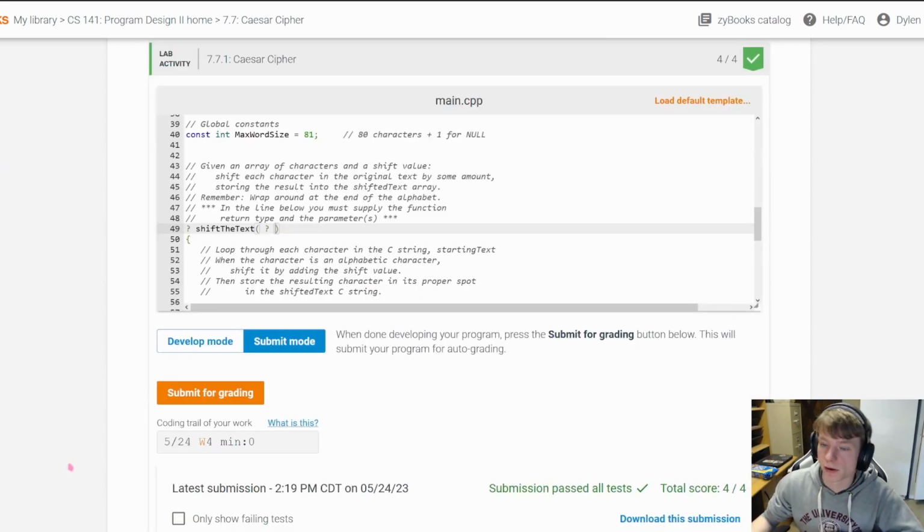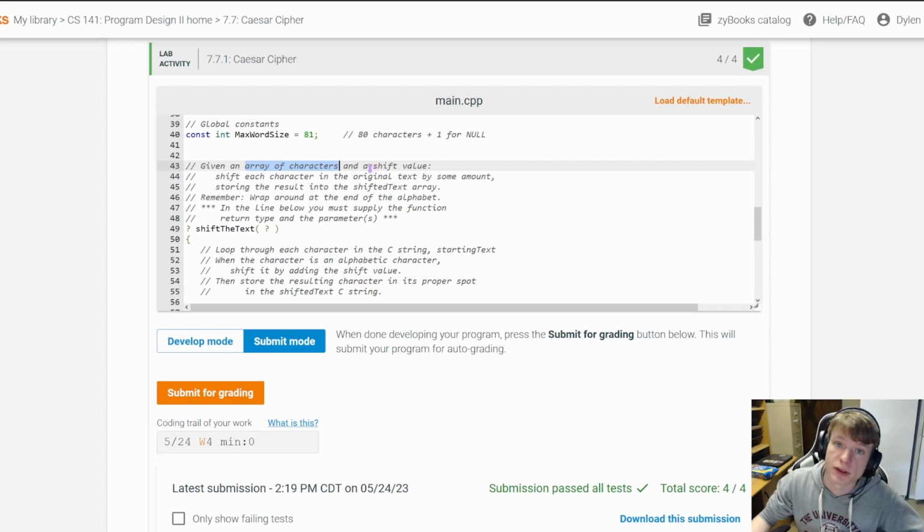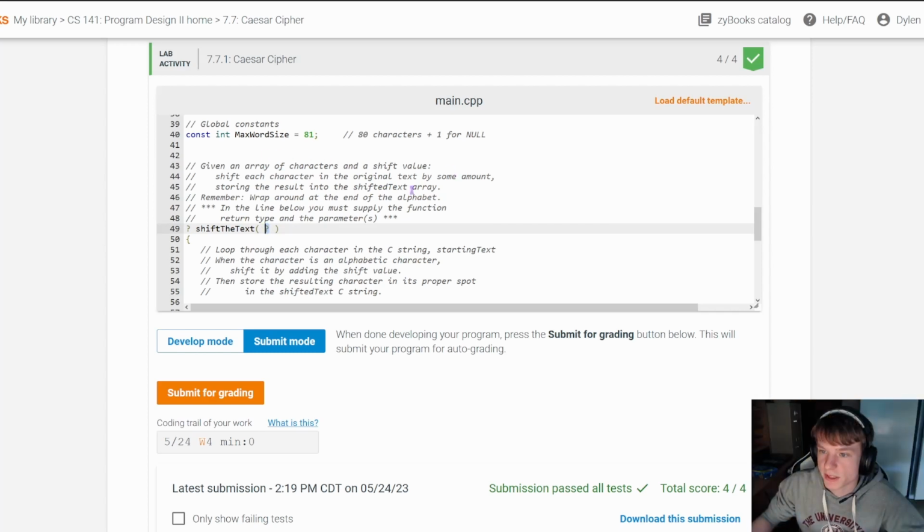So here our goal is just to take a string and we want to shift it by the desired amount. So reading the prompt is very important here and gives us a lot of nice hints. So we're given an array of characters and a shift value. So these two things you can think of as being given to the function, right? So we want to include these things as parameters for sure. That's not to say there won't be more parameters, but we know that we're going to be using these in our function. So we want an array of characters, so it would be a char,